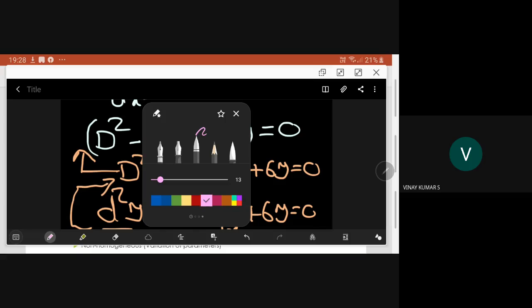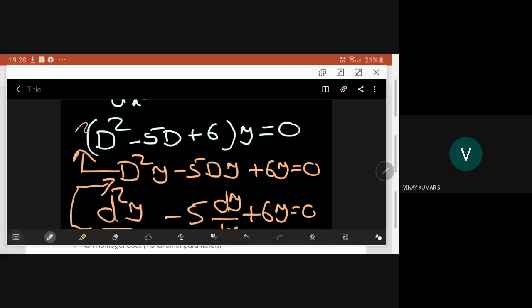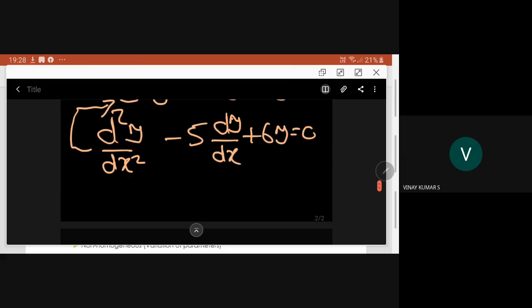This is our first example. Now we go for the second example. The second example is